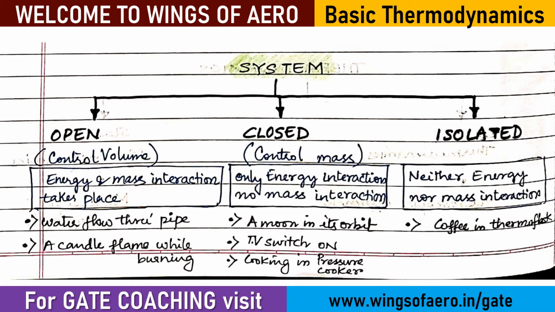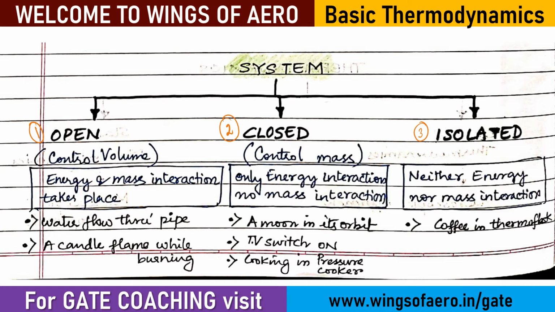Now talking about system, similarly just like boundary, here also we have three types of system. Now these things are very, very important. They ask you application based questions from this topic. Okay, now there are three systems. First one is an open system, second is a closed system, and third one is an isolated system. Now from the statement it is very easy to identify what that means.